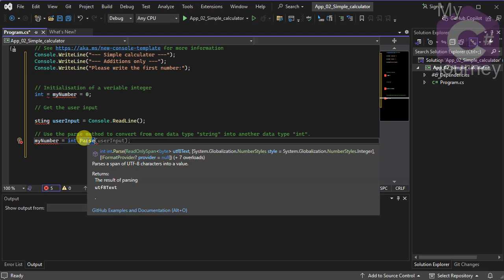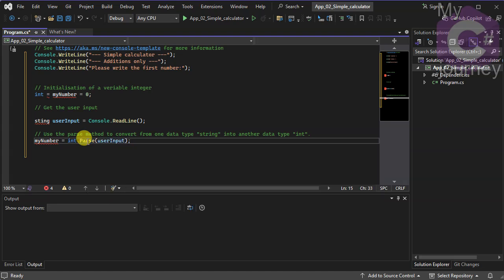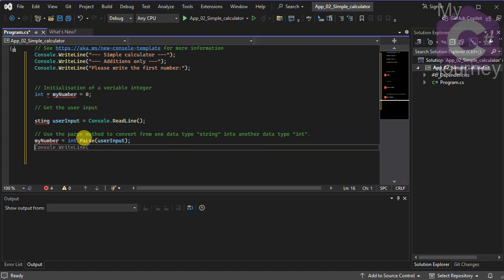That is what we can use for our purposes. So we want to parse what? The variable user input. Okay, so now we can actually say to the machine,